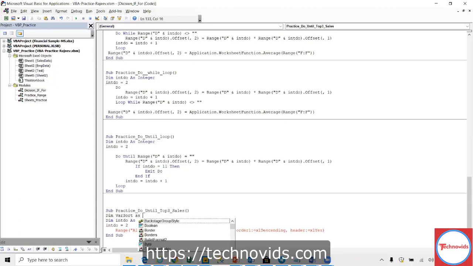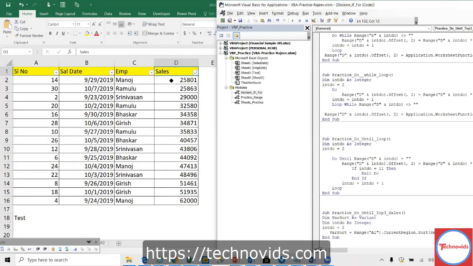Let me just declare its variant. It's returning something, so that's right. I think it's returning true or false mostly. Okay, so let us do this and see. Excel descending I have done. As right now it is ascending order. You can see, correct. Column D I have given, and range. Everything is fine. Looks fine.